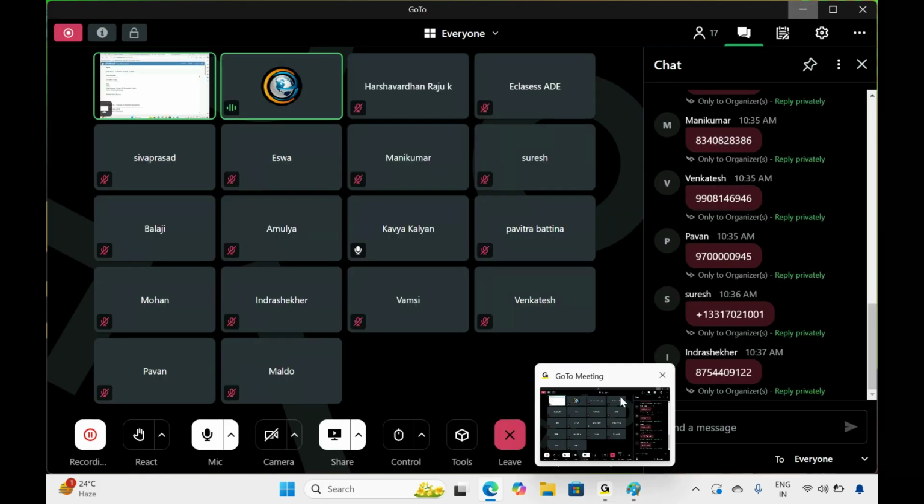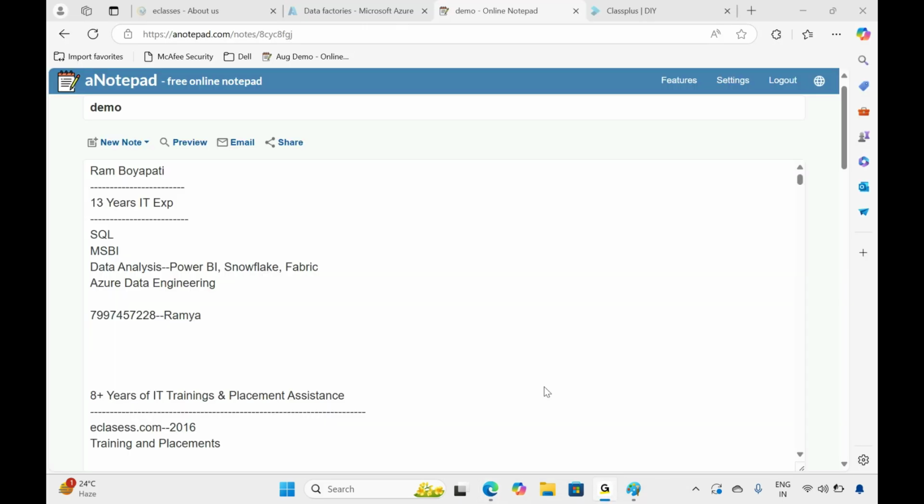What's going on in the real world? There are plenty of projects already implemented on Azure Data Engineering, and a few clients are looking to develop the same thing on the Microsoft Fabric environment as well. We have a Microsoft Fabric demo at 11 a.m. today. If you are interested, you can join. So for your question, you can go ahead with the Azure Data Engineering course. With this knowledge you can crack the DP600 certification. That's true, from March 31st onwards, the DP203 certification is going to expire.